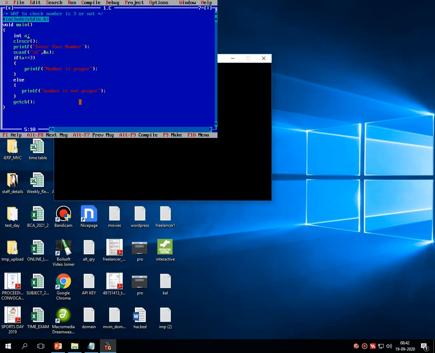What happens? First the A is declared, then here I am entering one value of A. First time I have entered I think 2 over here, then this 2 is going to be stored inside this variable called A by this scanf statement. Once it is done, on our very next line there is a decision making statement if, that means it will check whether the value of A is double equals to 3 or not. So that means 2 is compared with 3, both are same or not. If this condition is true, then it returns number is proper, and if the condition is false, then it returns the else part, number is not proper.